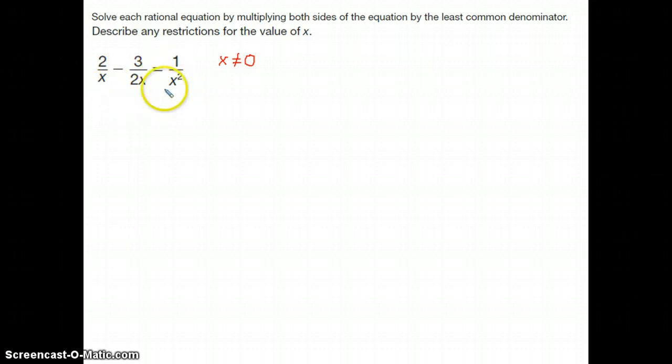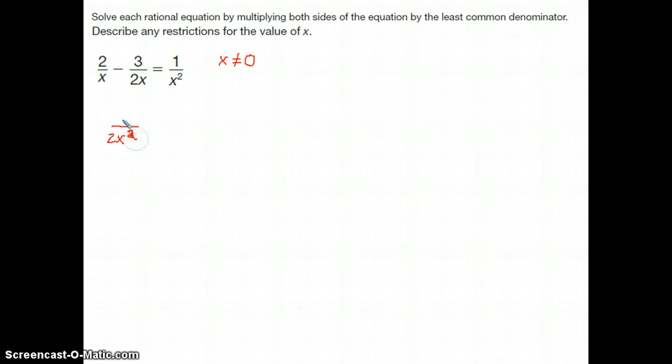The next thing we need to do is figure out our lowest common denominator. And one of the things we saw in our book was, if you're not sure what the lowest common denominator is, make them all have common denominators. So for this first fraction, it already has an x, but it needs a 2 and a second x. So I need to have a 2x